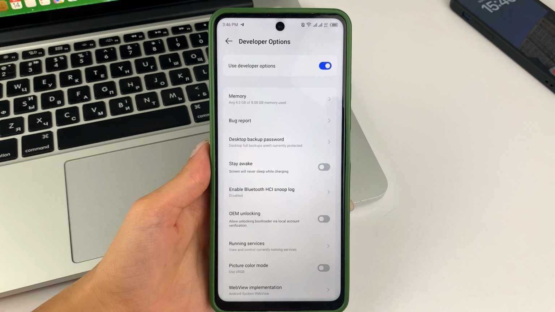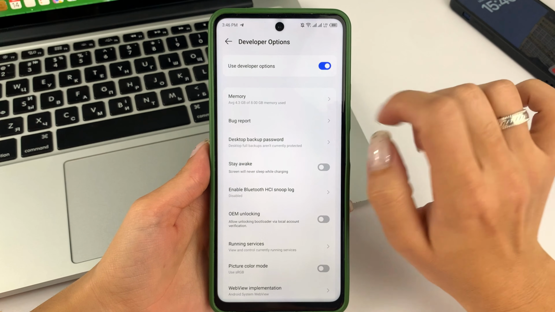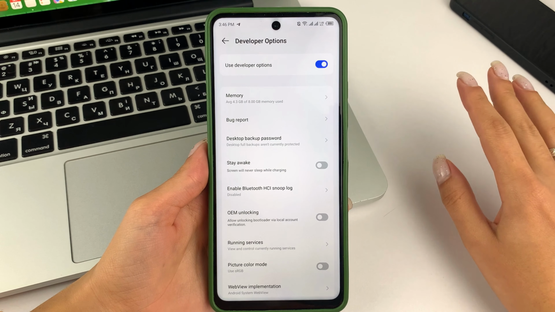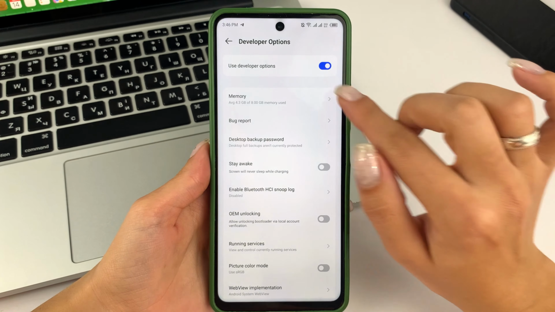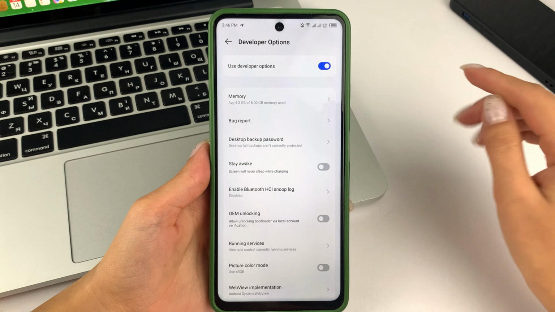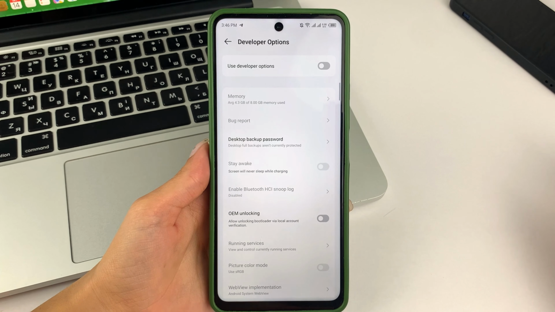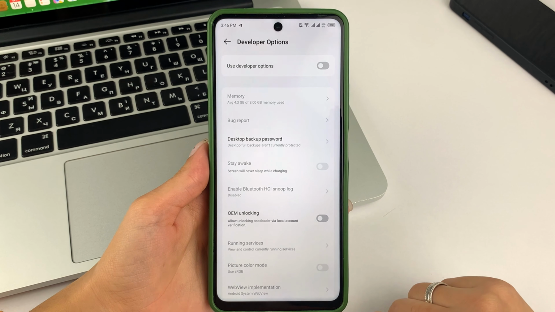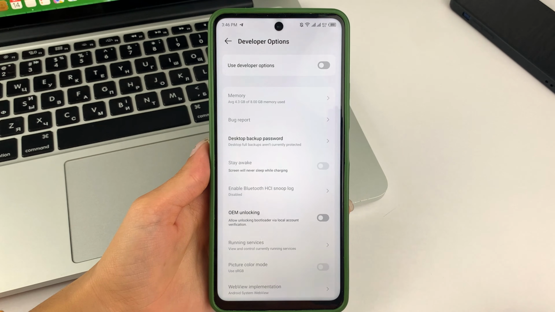After that, friends, you'll just have to click on this button to turn them off. Or if it says Enable Disable, then you have to click on this button when it says Enable, to disable these developer settings. Friends, this is a very simple, quick method. You can easily disable developer options on any Android.